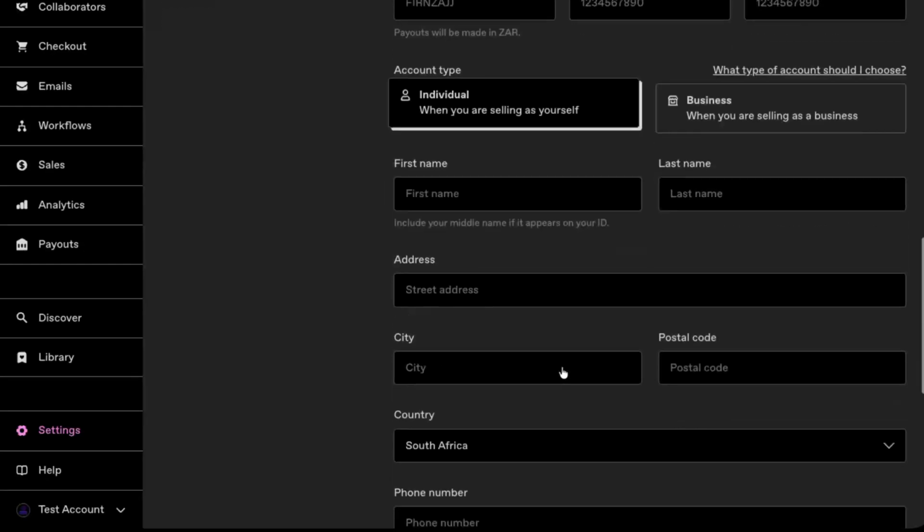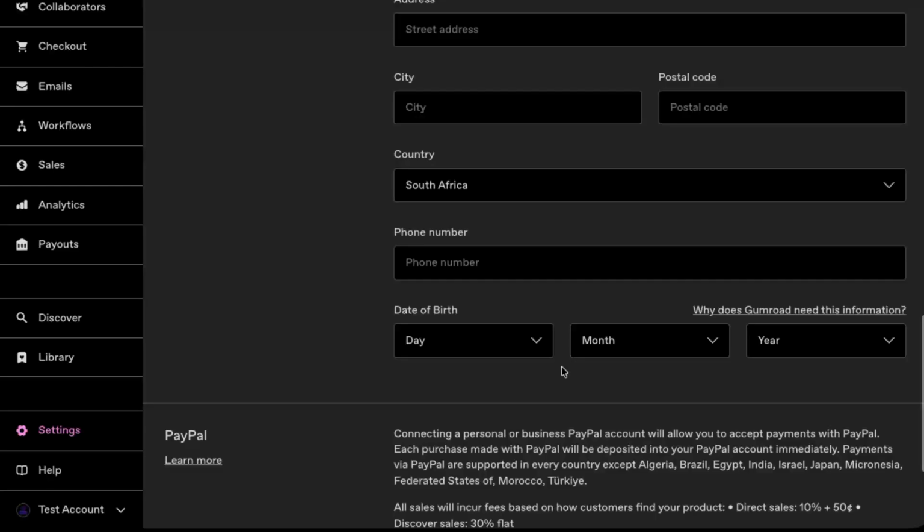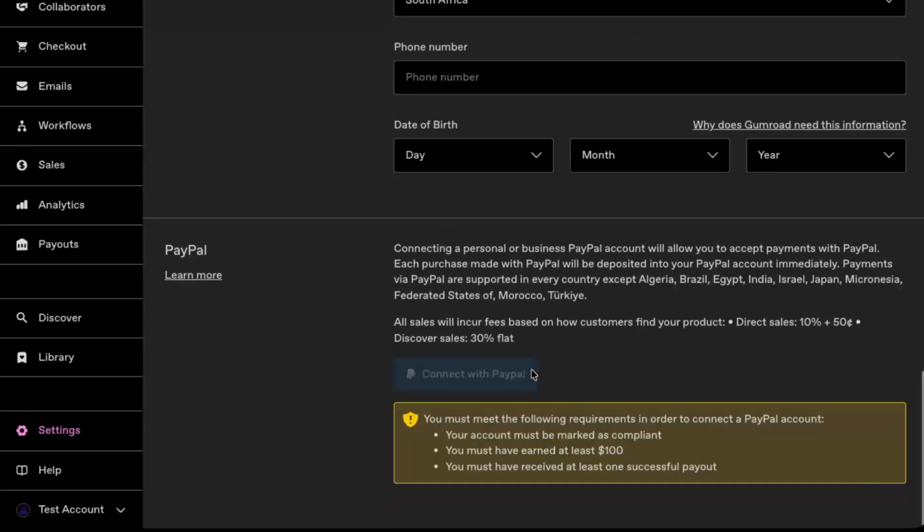After you've connected your bank and received that first successful payout, and once your total earnings reach at least $100 and your account is compliant, go back to the PayPal section. At that point, the Connect PayPal button should become active, and you'll be able to link your PayPal account